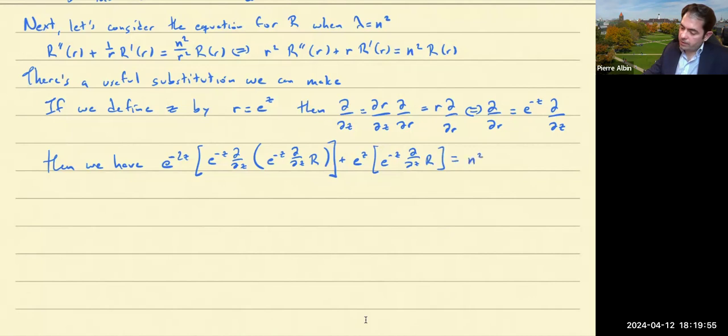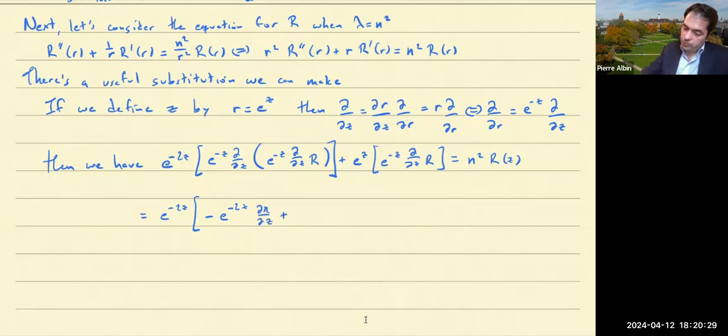And that's all m squared r to the z. Okay, so what do we get here? This is e to the minus 2z, and then when this d/dz hits the e to the minus c, I'm going to get a minus e to the minus c, so I'll end up with minus e to the minus 2z times r prime, the derivative of r with respect to z,